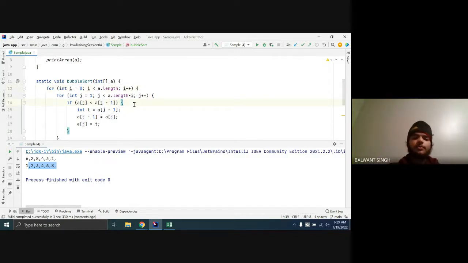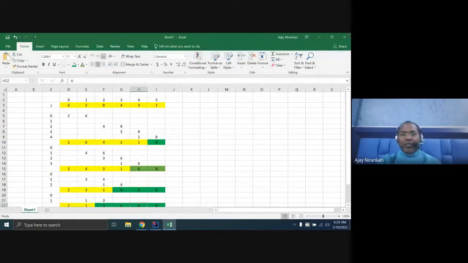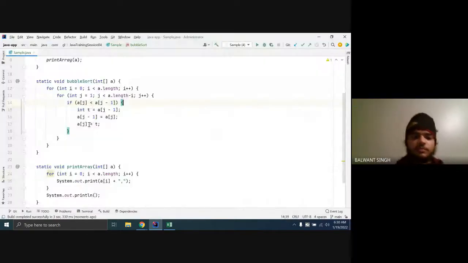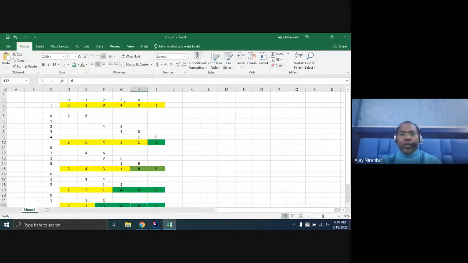Why are we starting the j loop from 1? Why are we not starting it from 0? Correct question. Because I want to compare these two elements, I start at element 1 and compare it with 1 minus 1, the 0 element. So here I have written code where j compares with j minus 1, meaning the previous element. If you want the third position, you compare the third element with the second element.